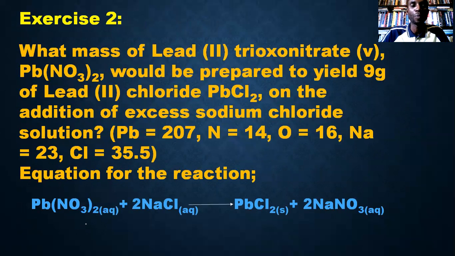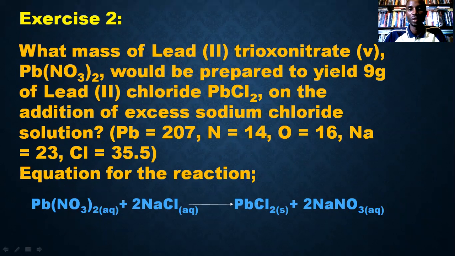All right, second example is this. What mass of lead(II) nitrate will be prepared to yield 9 grams of lead(II) chloride on the addition of excess sodium chloride solution? We can see the equation for the reaction. 1 mole of lead nitrate produces 1 mole of lead chloride, and we are asked to find the mass, this time around, not the mole. We are asked to find the mass of lead nitrate that will be required